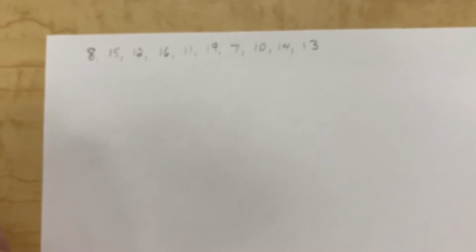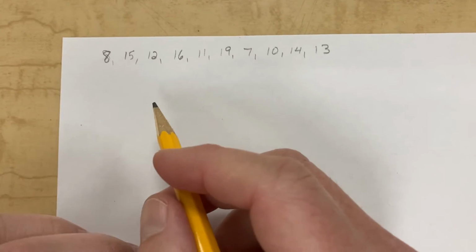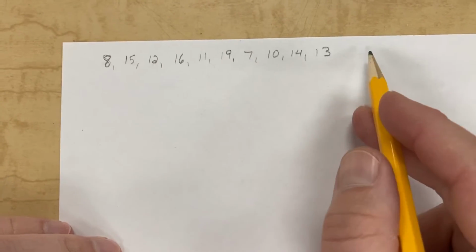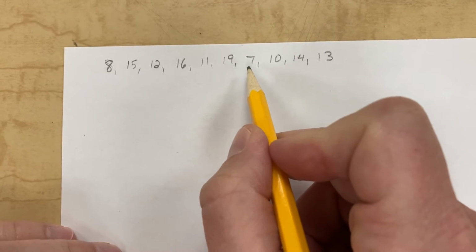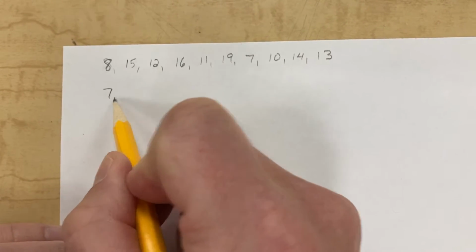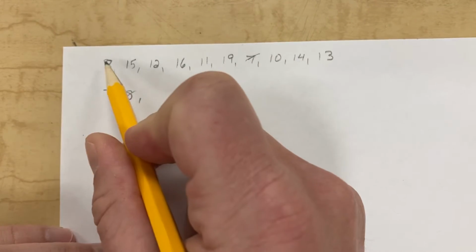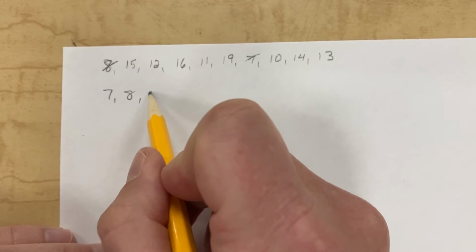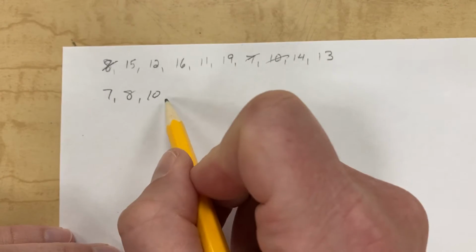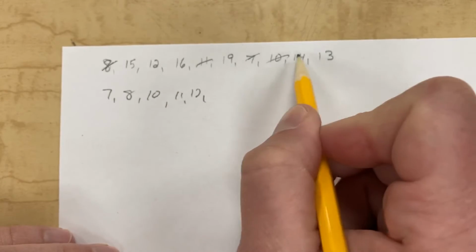I just want to give you a quick instruction on how to find your 5-number summary and your box plot. So if you're given a set of data like this, first thing you're going to want to do is put it in order. So if I'm looking at this, I see that I have 7, and then I'm going to cross that out. Then I have an 8, cross that one out. Then I have a 10, and then I have 11, and I've got 12, 13, 14,